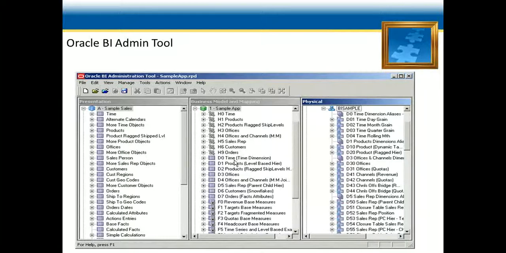In the BMM layer, you will have physical schemas, and they are simplified and reorganized to form the user's view of data. Business model, logical dimensions, logical dimension tables, logical fact tables, logical table source, logical columns, measures. These are all present in the BMM layer in the logical format. In the physical layer, they are in the physical format. So they both have integration in between.